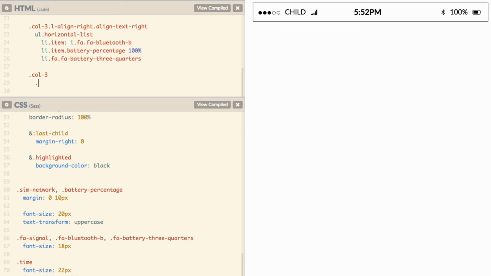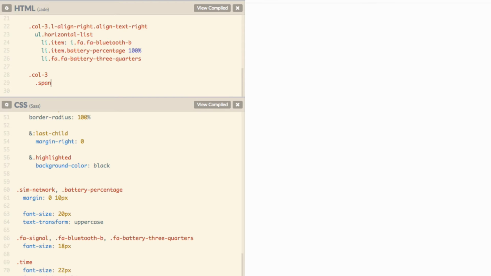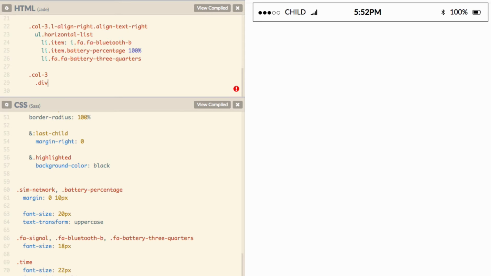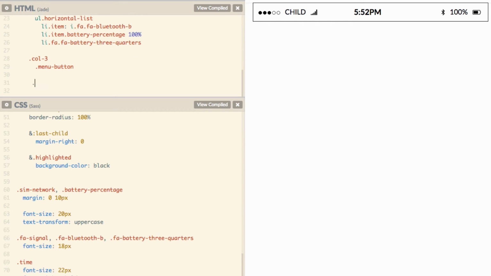let's call it a span. I don't like using divs if I don't have to, but in this case, let's just think here. I'm not going to use a button either. Let's just use a div. So it will be dot button or dot menu button instead. I think that's what we need actually. It's a class of dot menu button, and then in another column,